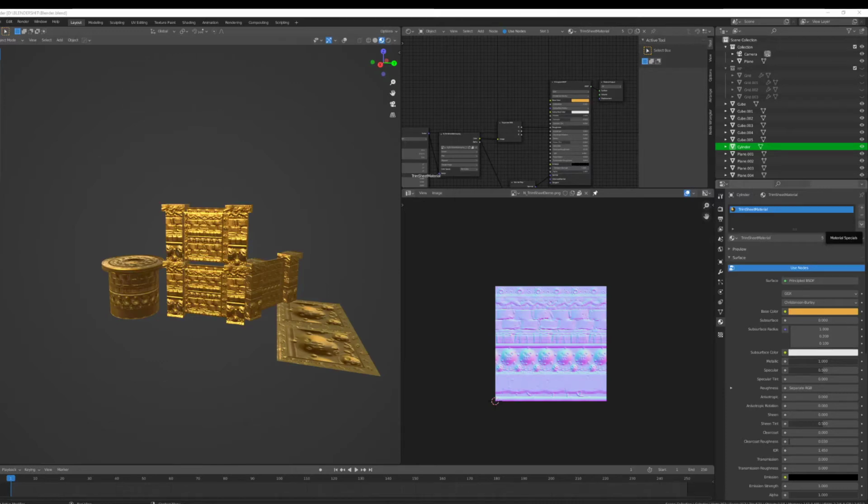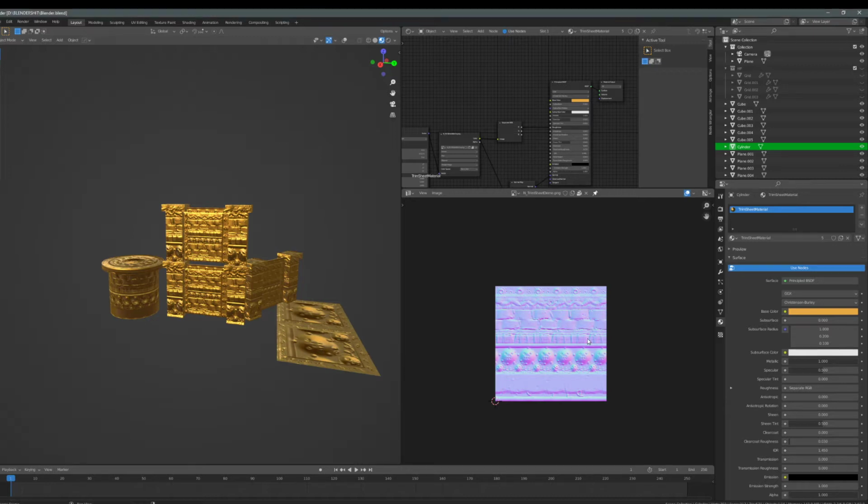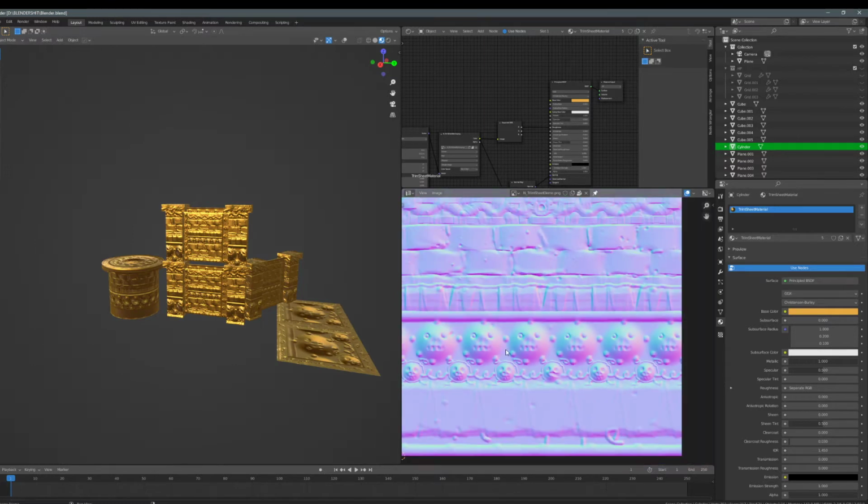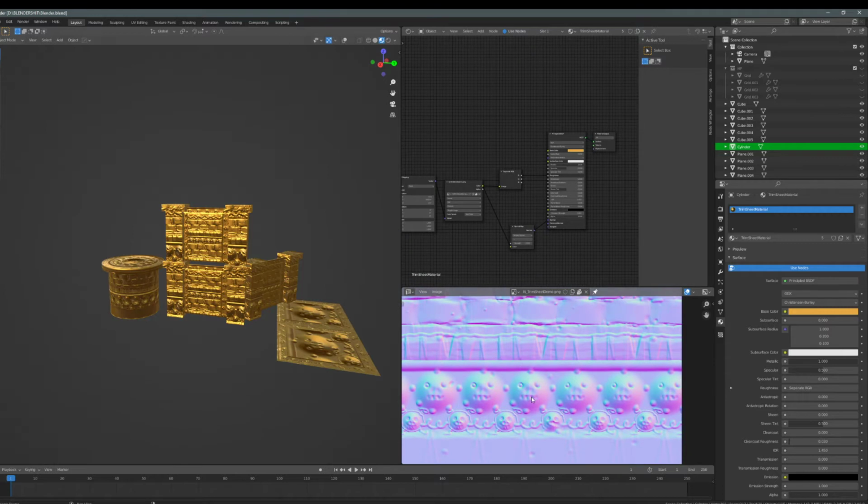Hello, hello. Just as a small follow-up to my TrimSheet tutorial, I just want to showcase how you can actually start manipulating the normal maps themselves within Blender to maybe have a more stylized look. So what I mean by that is having more of that faceted or cell-like look. Because right now we have very smooth edges here, but we can easily manipulate this to get more of that